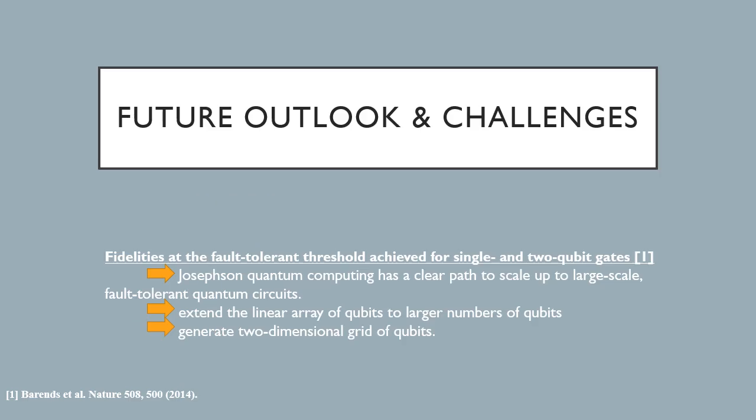Do you still remember the achieved single qubit gate fidelity we discussed in the previous slides? Yes, it's 99.92%. However, the fault tolerance threshold for the surface code error correction is just 99%, which means the Josephson quantum computing based on Xmon qubits is already within the fault tolerance range. This progress brings us closer to the realization of a quantum computer and shows us a clear path to create